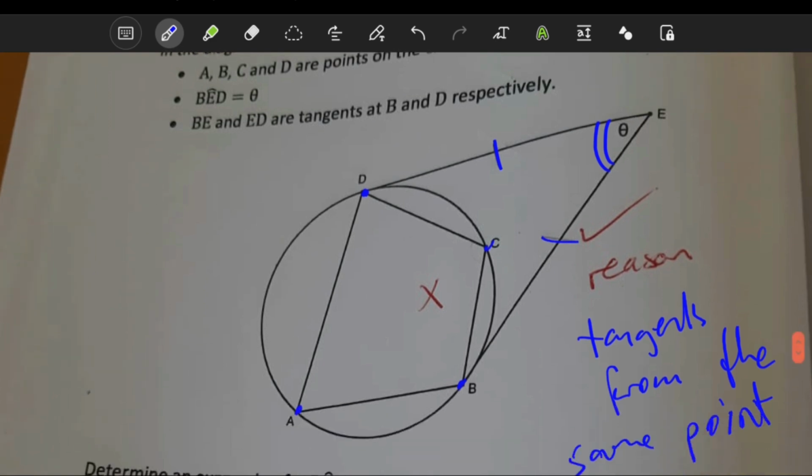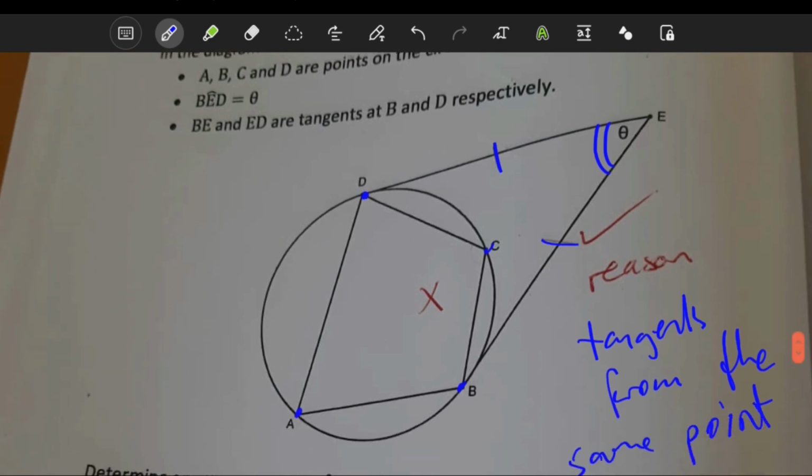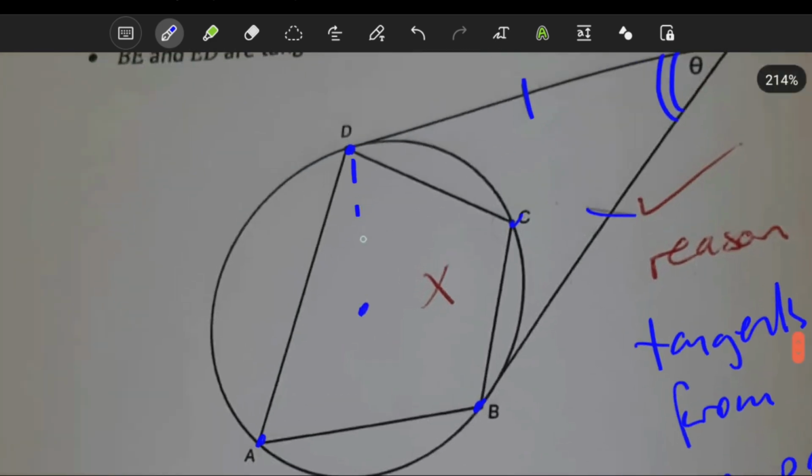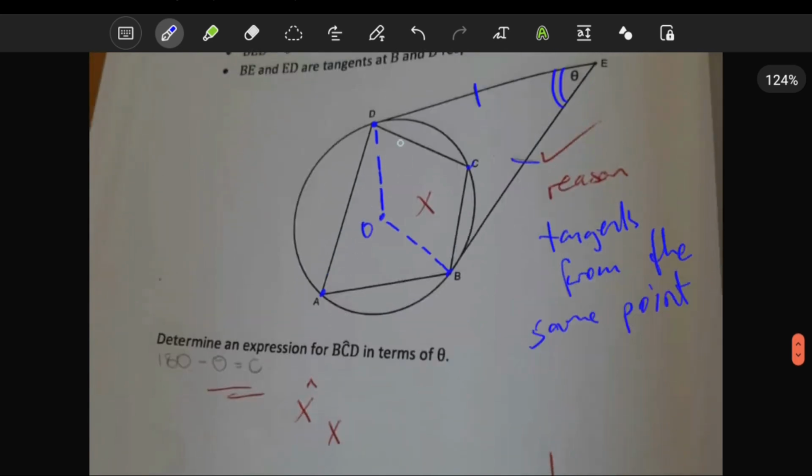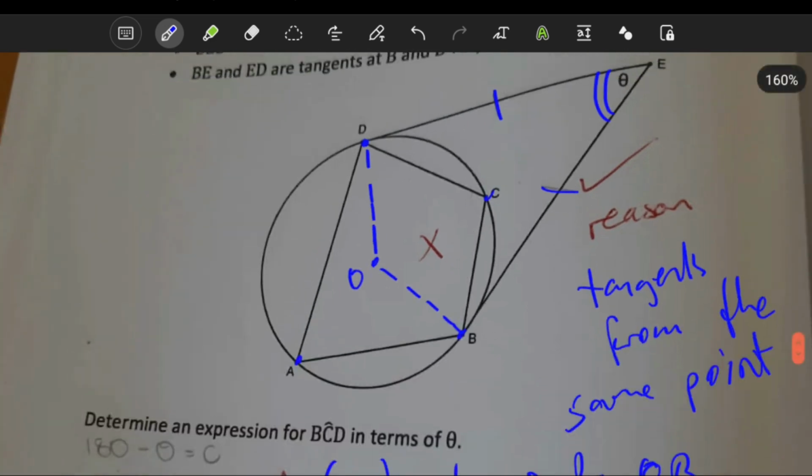Do I need to make like a construction or something? Ah, yes. Let me do it. I think making a construction is easier. So here, if you construct, let's label this O. OD and OB. Because you're constructing this now and you're going to use it, just tell them, construct OD and OB. After you've constructed that, what you already now know,